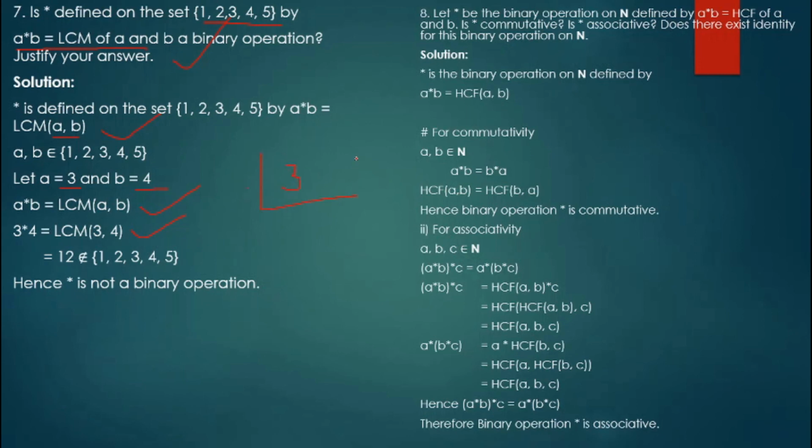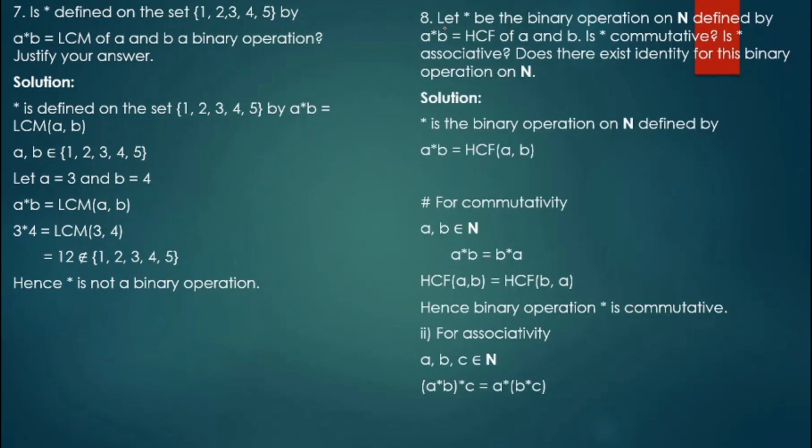Here we have 3 and here we have 4. We'll go for 2 first. So this is 3 itself, no change because 2 is not a factor of 3. Nothing else, right? Both are prime numbers, so we can do it directly. So 2 times 3 is 6, 6 2s are 12. So we have 12 here. Does 12 belong to our set given in the question? No. So star is not a binary operation.